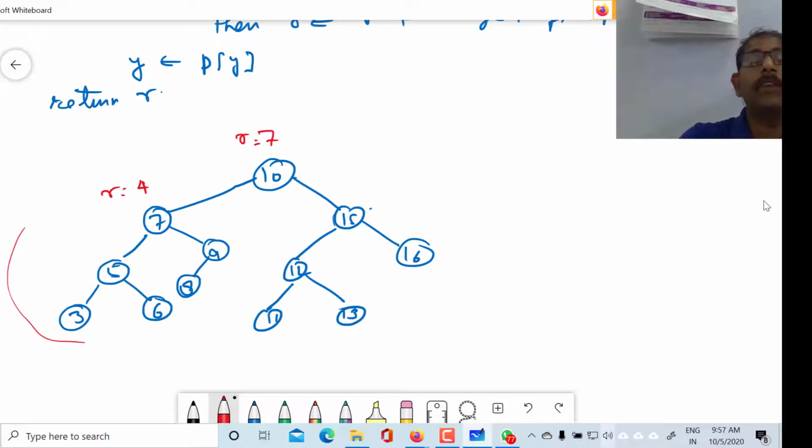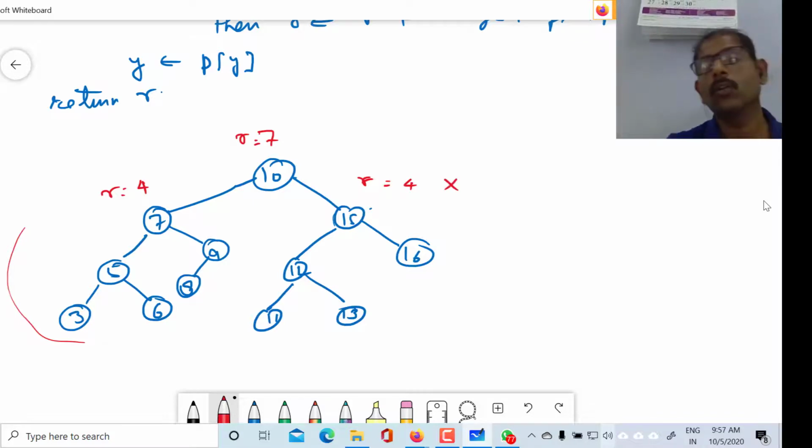But what if we want to calculate the rank of 15? You will say that its rank is 3 plus 1, that means 4. Is it right? No, it is wrong.